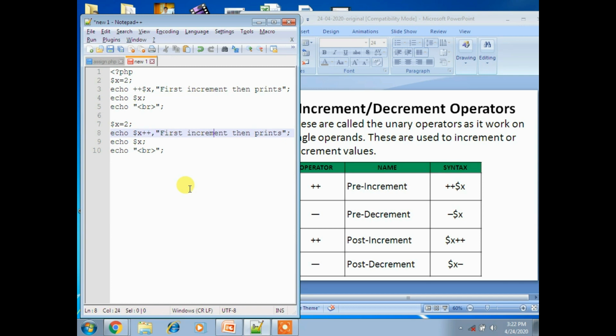First it prints, then increments. In the same way you can do decrement also, like instead of plus put minus. That's it. Now close the PHP tag.